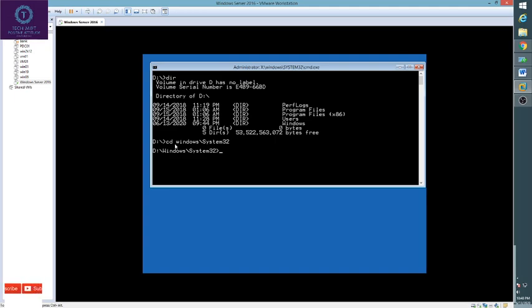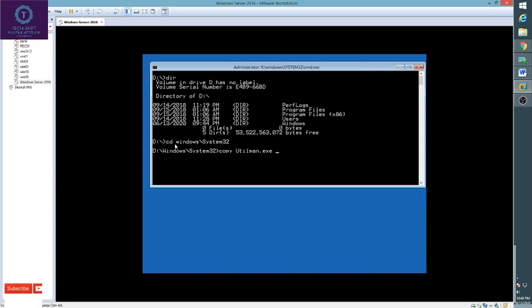Next is the command to rename utilman. Utilman is a utility exe in Windows. There are different utilities, and one of them is utilman. So first I will copy utilman, hit tab, and it will autocomplete the word.